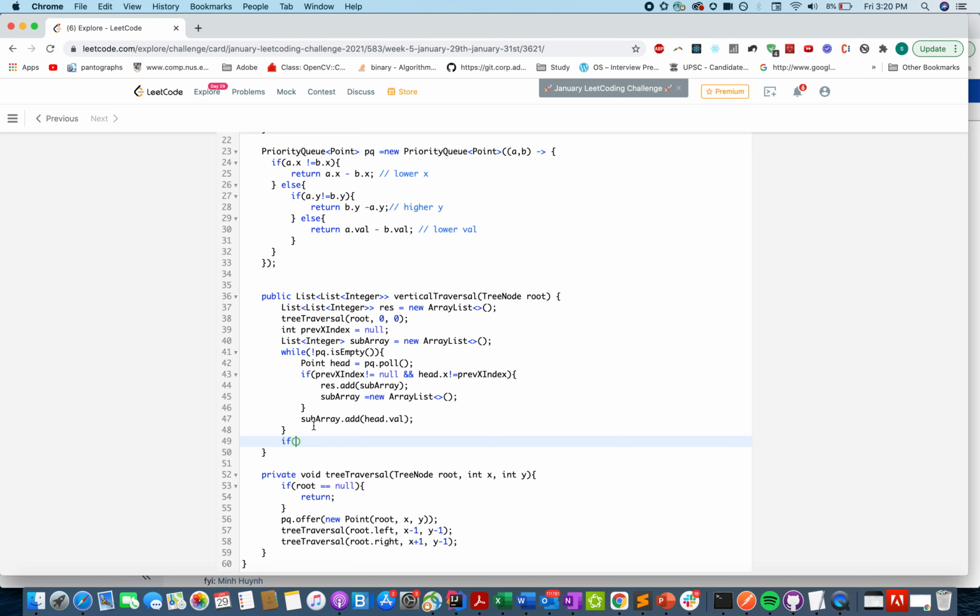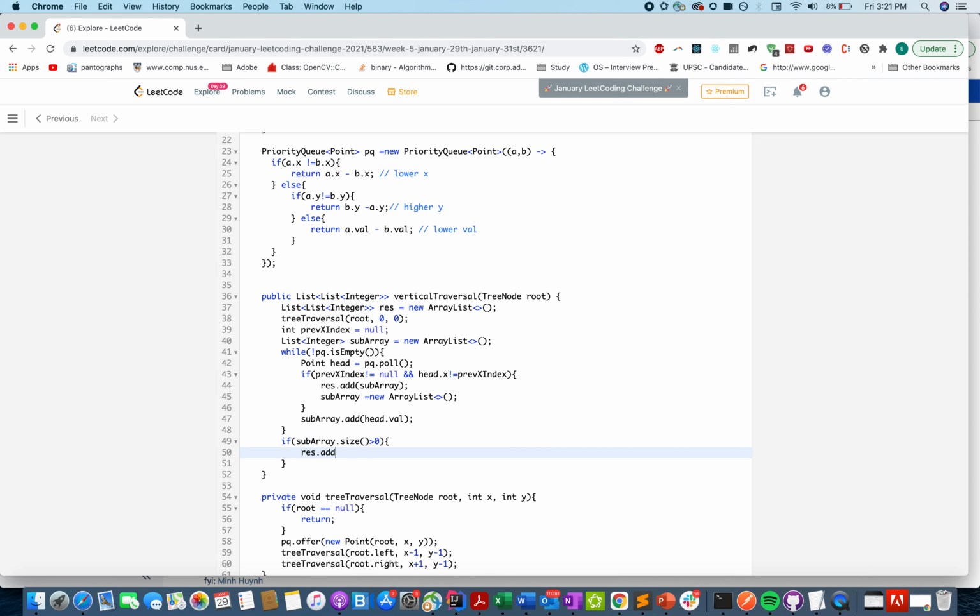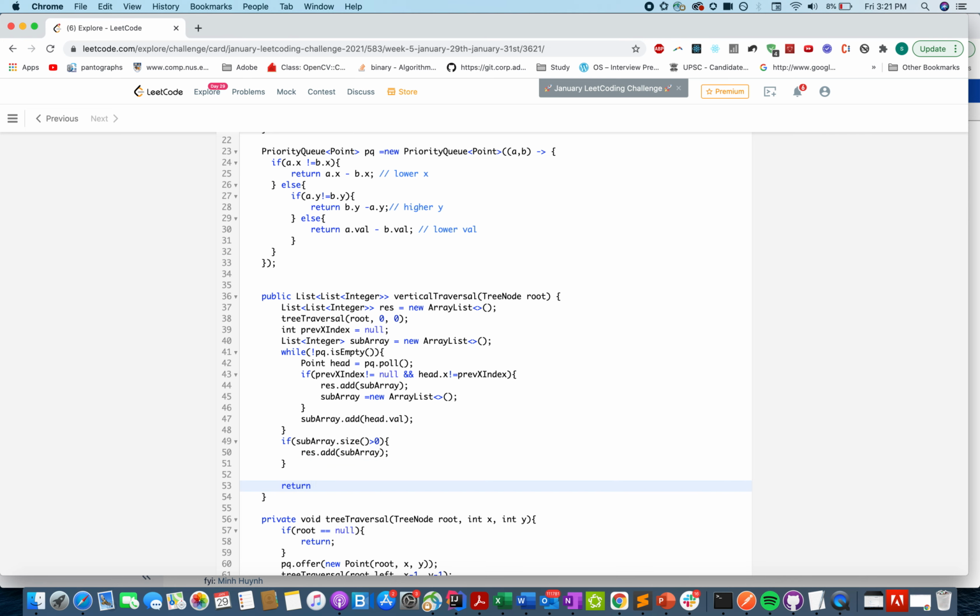Once we are out of the loop, we need to add the elements into the result array if the sub array is not empty. So let's check if sub array dot size is greater than 0, then we need to add it to the result, and we simply return the result.